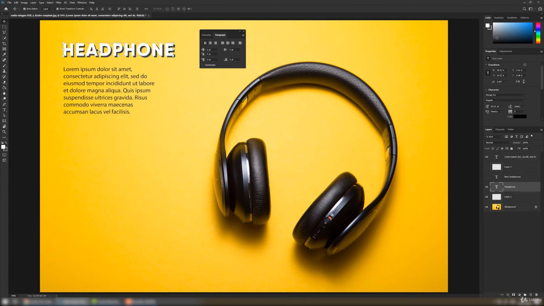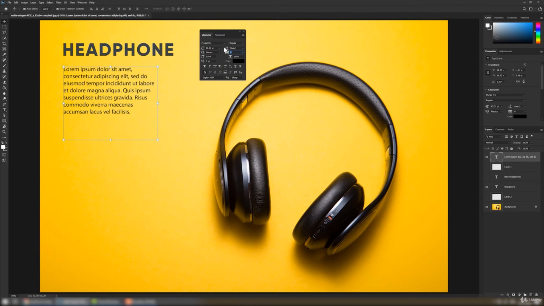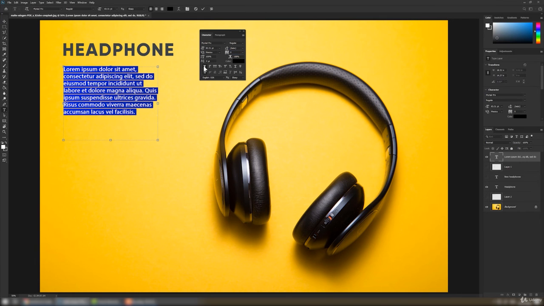So we have simple text here. Let's turn off this layer. We have simple text here. Let's press Ctrl Backspace and change the color. Simple text, simple paragraph. We can change the settings from here. Line spacing, character spacing. This is called strong. This is called italic. We can make italics from here. We can make all caps from here. We can make small caps from here.